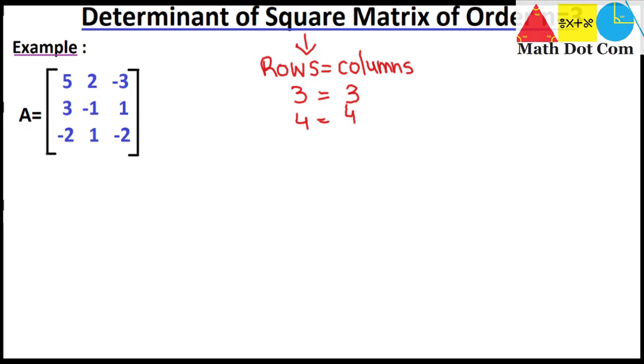And what is the order of the matrix? It means the number of rows or the number of columns. If order n equals 3, it means the number of rows and columns is equal to 3. So it is clear that we have 3 columns and 3 rows. So we are going to find the determinant of a square matrix having the number of rows equal to the number of columns, and its order must be 3, that is, 3 rows and 3 columns.